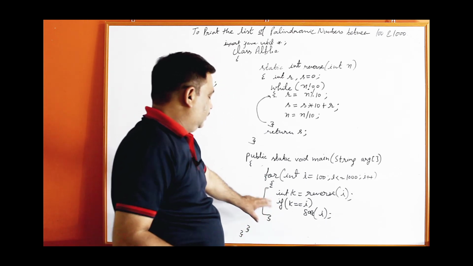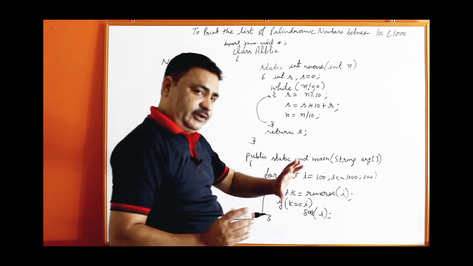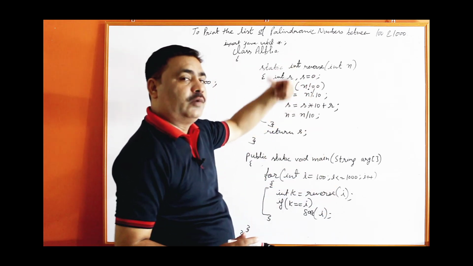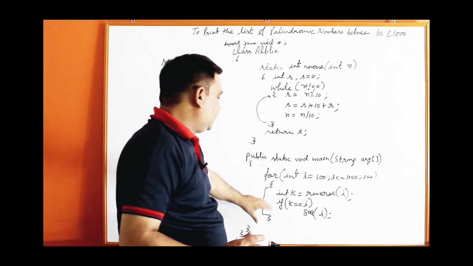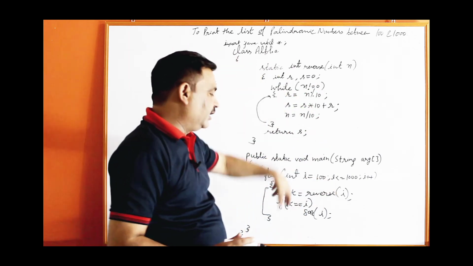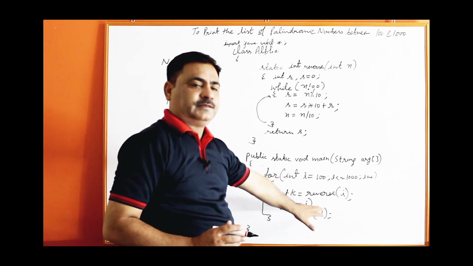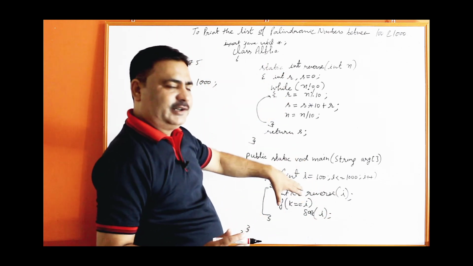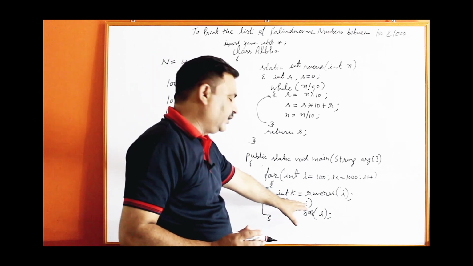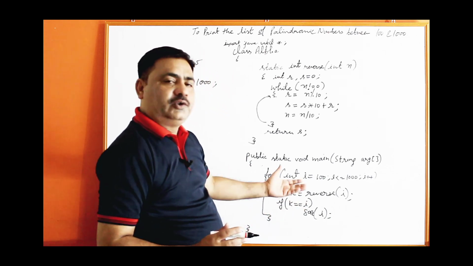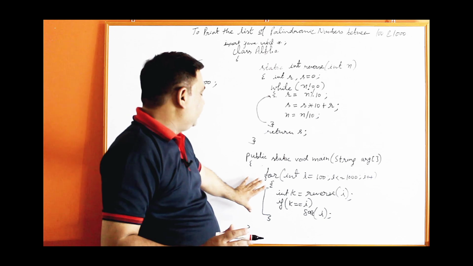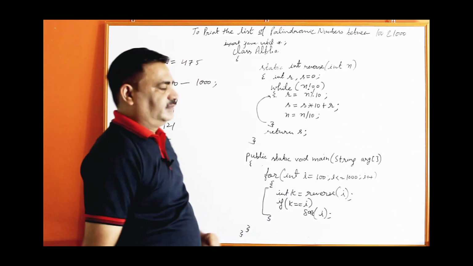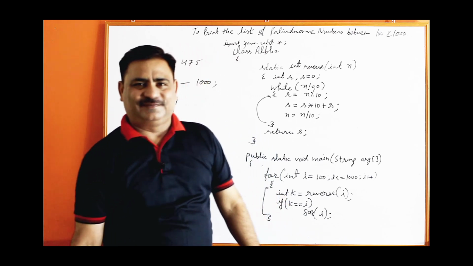First of all, try to understand the working. First of all, you pass 100, it will return you 1, the reverse is 001. The second time, pass 101, it will return you 101. So, 101 will be printed. Next time 102, in case of 102 it will return 201. So, 102 is not equal to 201. So, 102 will not be printed. So, it will print only the palindromic numbers. That is all. Thank you.